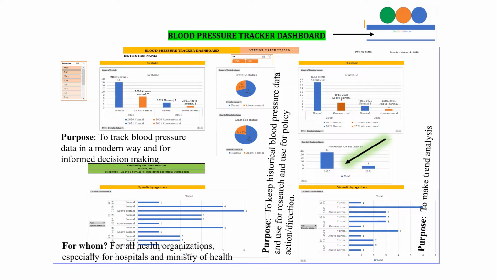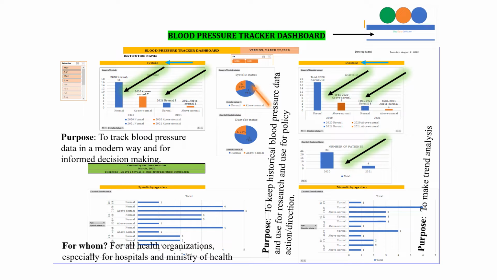What does it track? It tracks the number of patients, for example, and systolic and diastolic data. In the case of systolic, for example, normal and above normal data. Similarly, for diastolic, normal and above normal data. In this case, for 2 years, for example,